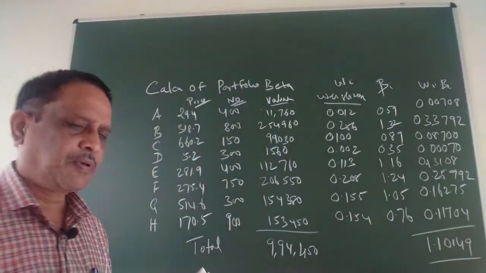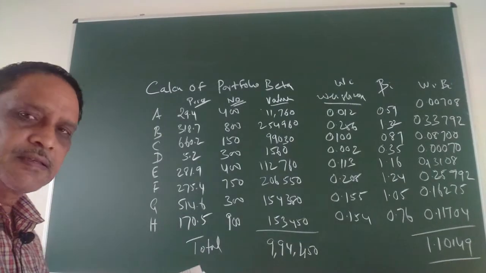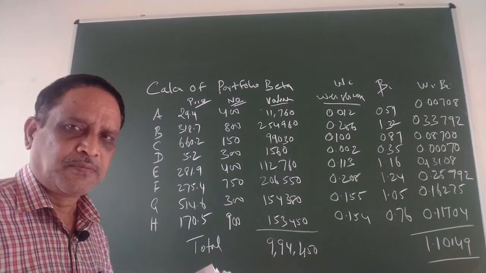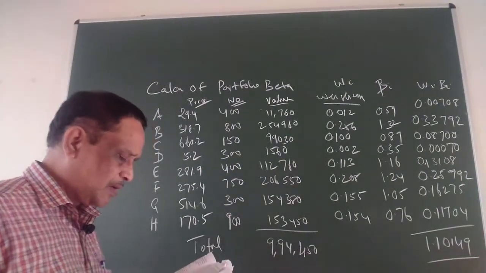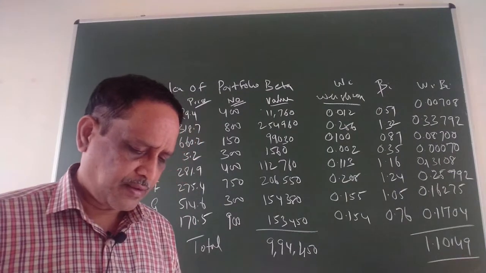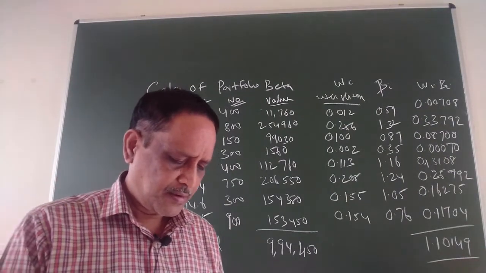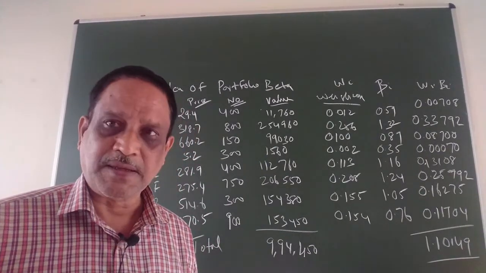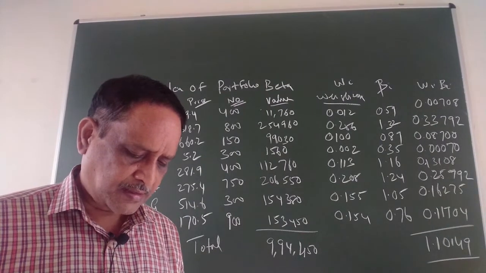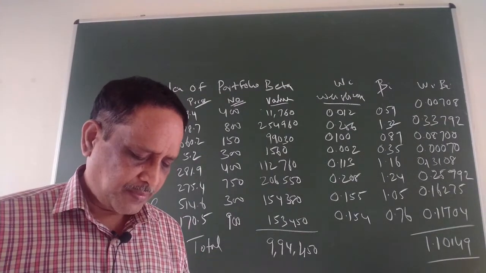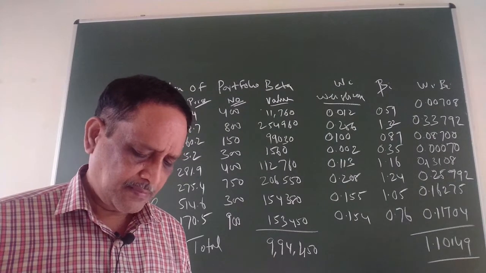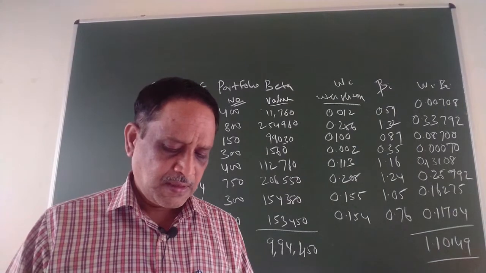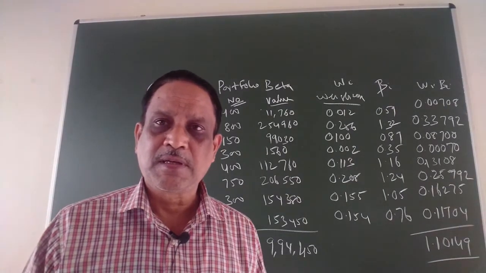Today we are going to do some problems in index and portfolio beta calculations and how to hedge the portfolio. Now, the problem is given in the slide. If you read the problem, they have given different shares, and the price, number of shares, and beta are given, and the cost of capital is given to be 20%. The investor is fearing the shares are going to fall in the future, and accordingly he approaches you for advice.